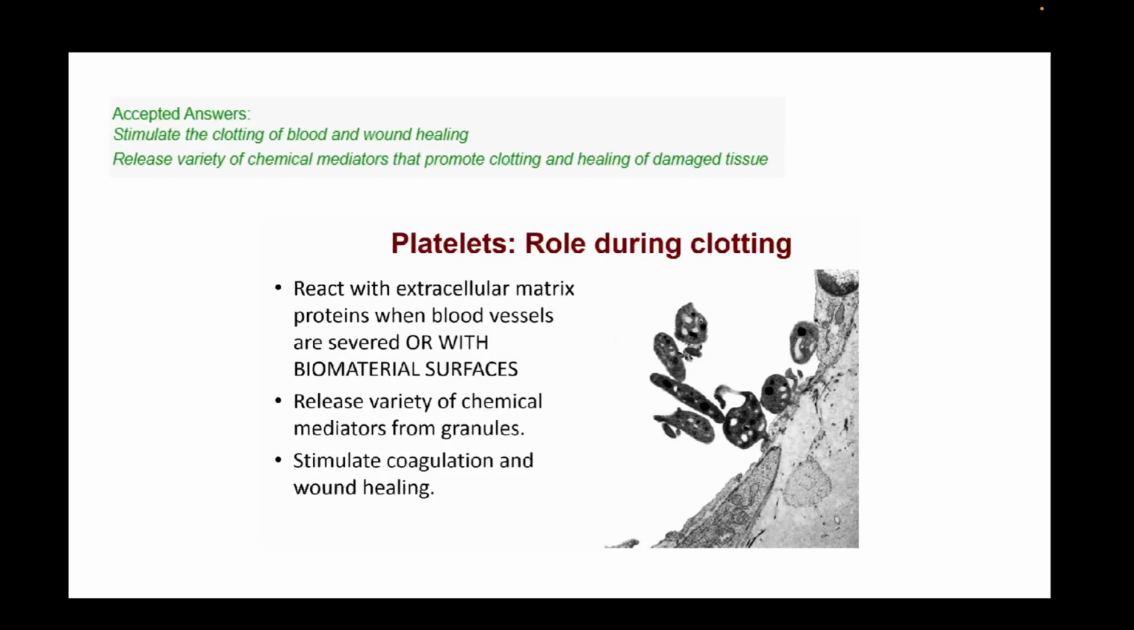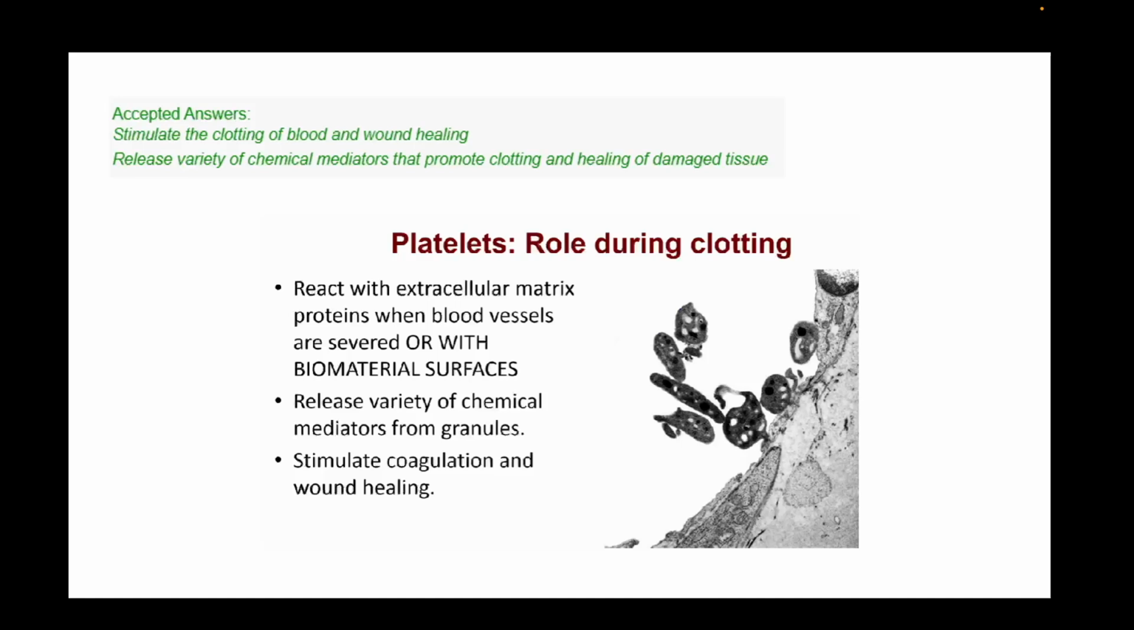So the two correct options here would be stimulate the clotting of blood and wound healing, and release variety of chemical mediators that promote clotting and healing of damaged tissue. So the role of platelets during clotting would be to react with the extracellular matrix proteins when blood vessels are severed or with biomaterial surfaces, to release a variety of chemical mediators from granules, or to stimulate coagulation and wound